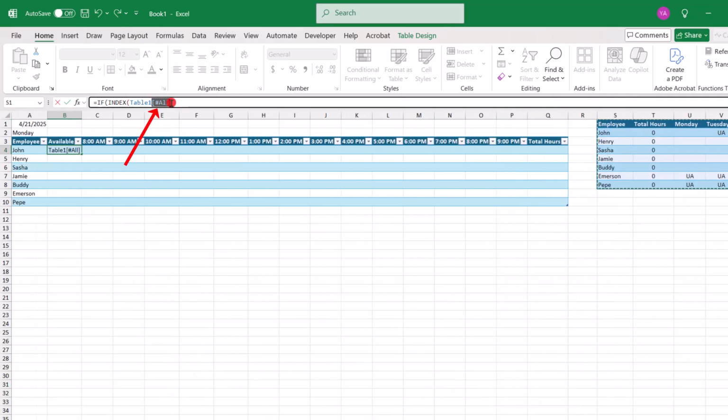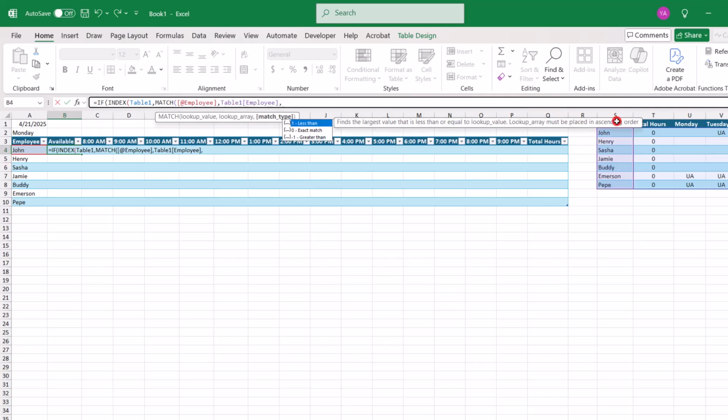And I'm actually going to delete up here where it says hashtag all. For some reason, having that causes an error in my formula, but you can see if it doesn't do the same thing for you. But just selecting table 1, comma, match, select the employee name in the adjacent cell, comma, and then we'll select the column with the employee names in the other table, comma again, and we want the